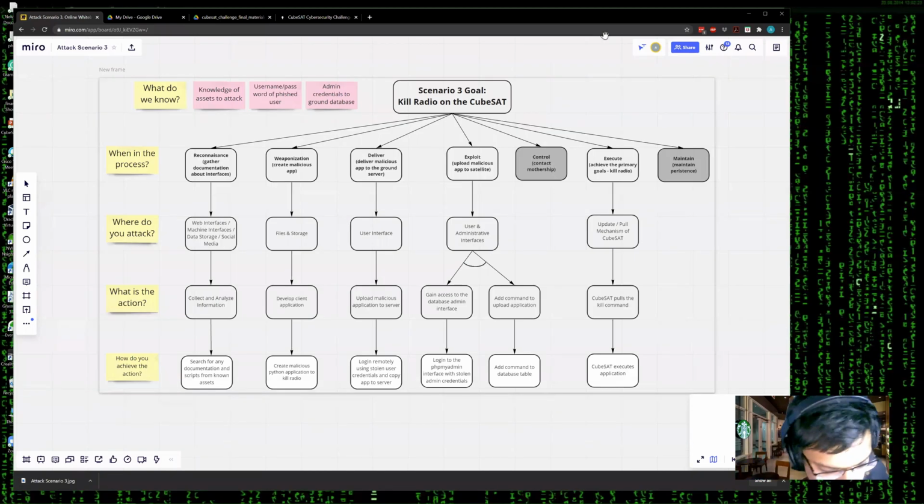So in scenario 3, my objective is more nefarious. I want to kill the radio on the CubeSat, rendering it unreachable and useless. This scenario builds on top of scenario 1 and 2. So from scenario 1, we already know the IP address of the assets, the services running, the web applications that